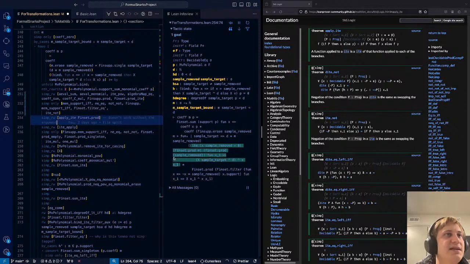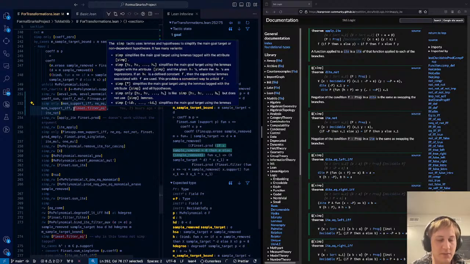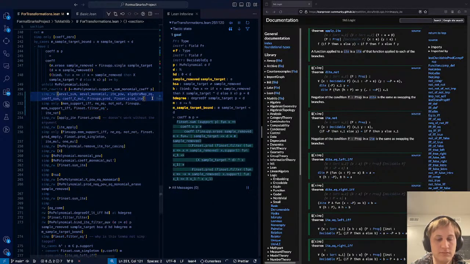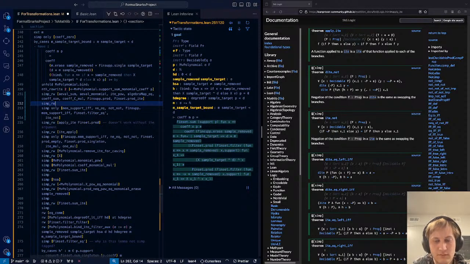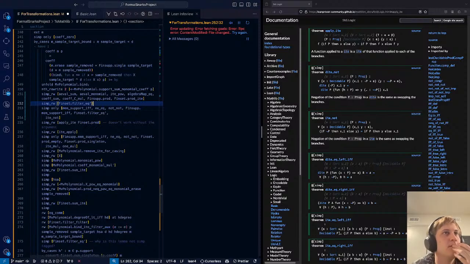So is it indeed the case that the filter... Is this the first lemma we apply? That's what I sort of want to know. Uh-oh, RPC error.